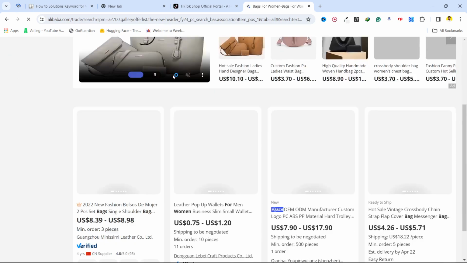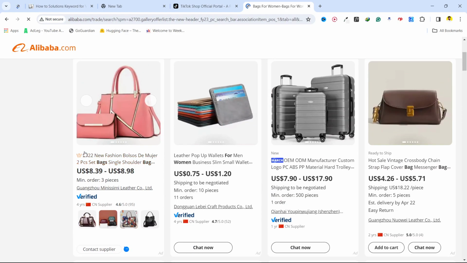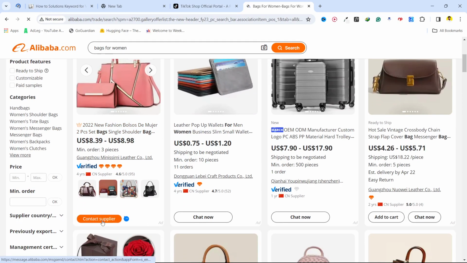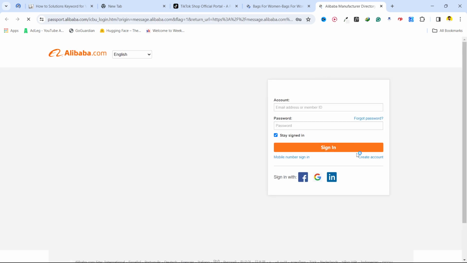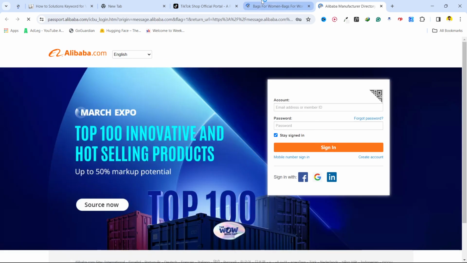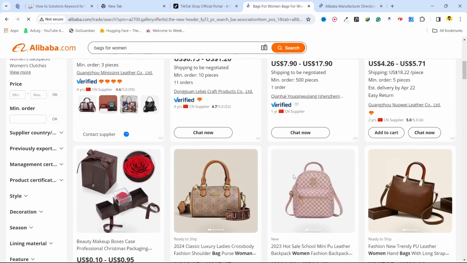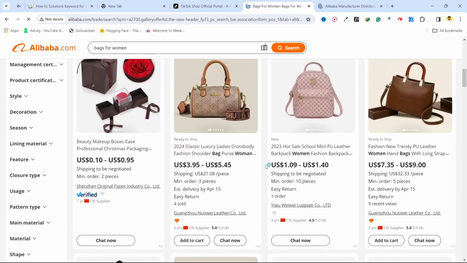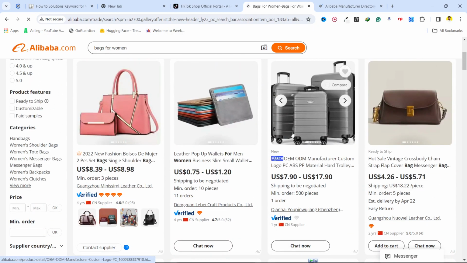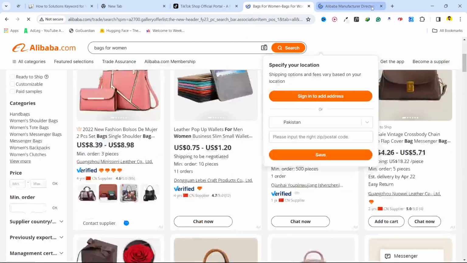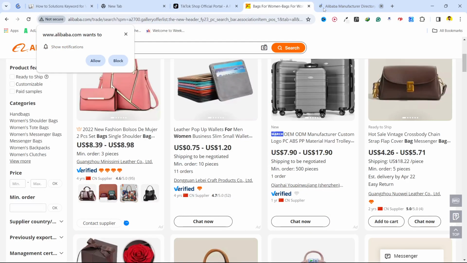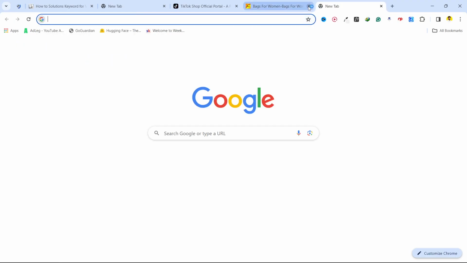Let's suppose I want this. Then you simply need to click on Contact Supplier, and you need to create your account on Alibaba. Then you contact the supplier and share your quotation and preferences with them, and you can get products for your shop. So this is the first platform, and the other platform I am going to show you is